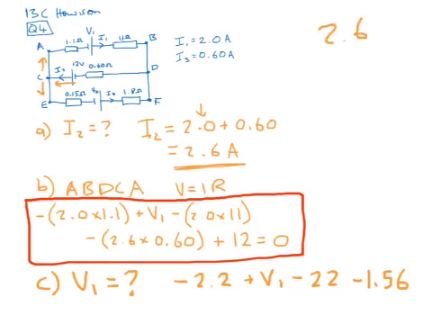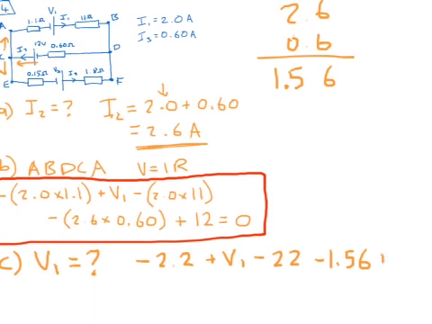So it's 2.6 times 0.6. 6 sixes are 36, carry the 3, 6 twos are 12, 13.15, and now this is a tricky one because there's 2 decimal places, so it should be 1.56, that's what we got, that's good. Okay, and then finishing the equation, it's plus 12, so bring that across, plus 12